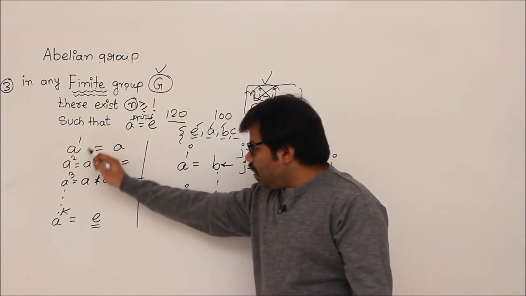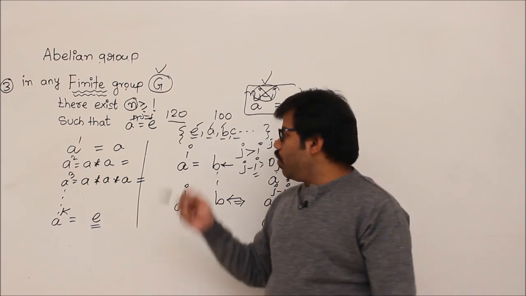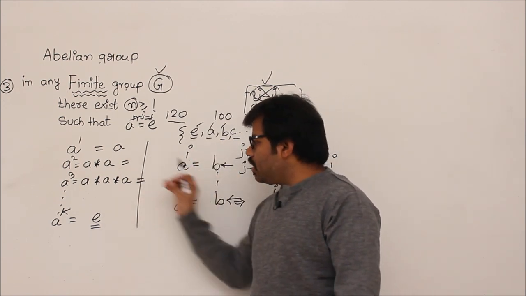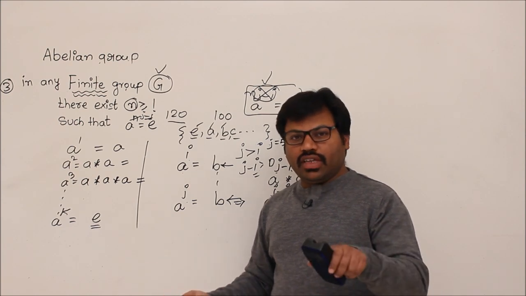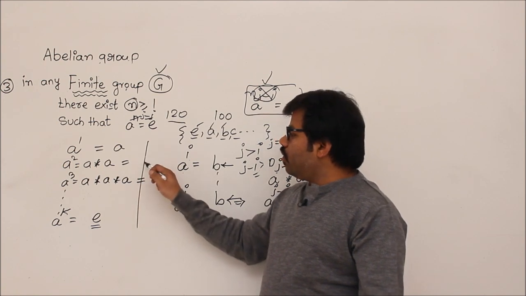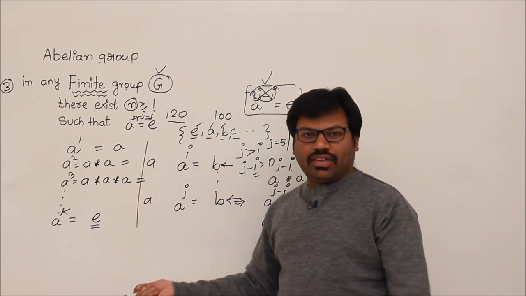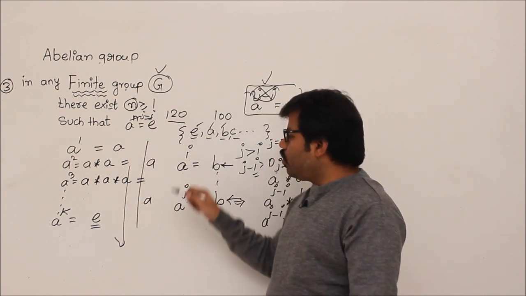If you apply this power continuously, a symbol should be repeated because we have only finite numbers. Every time you place a different number, after some time they will be repeated. Sir, I do one thing. I don't apply a different symbol every time. I will give some repetition. That's why either you have to write all the different symbols, otherwise you have to repeat.